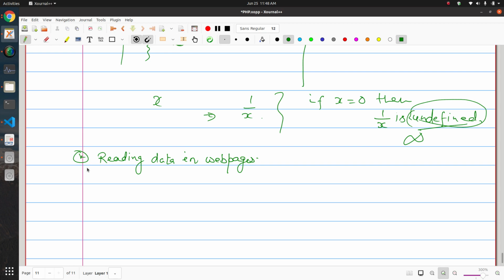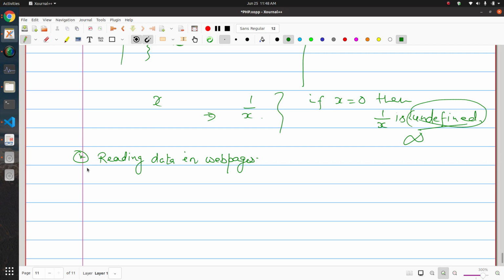Now in order to send the data from the input elements, you have to put those elements in a form. Without putting those elements in a form you cannot submit data to the server. So that is one important requirement.